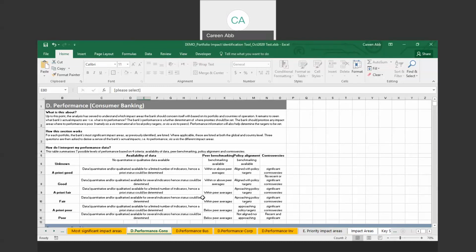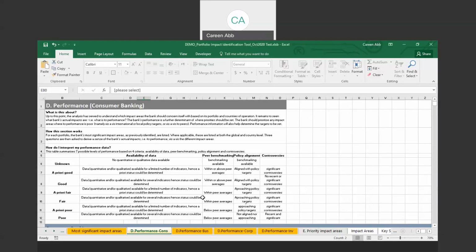In this segment, we will be moving on from potential positive and negative impacts to the significant impact areas, to trying to get a sense of what the actual impact